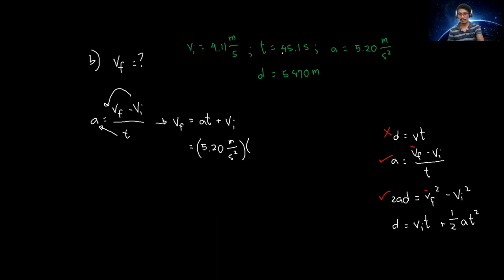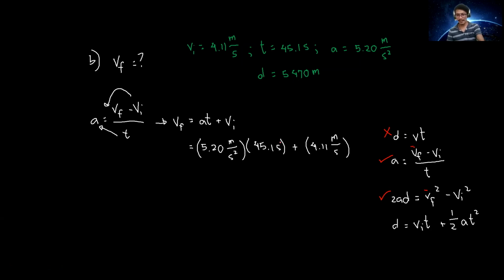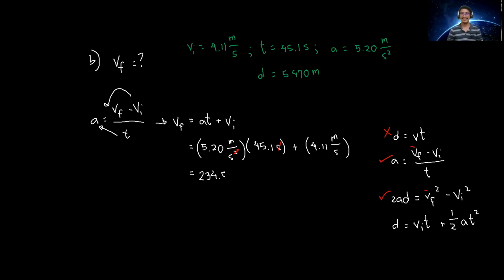what is our time? The time is 45.1 seconds, plus what is our initial velocity? Our initial velocity is 4.11 meters per second. Okay? So we are going to cancel the units. May seconds sa taas, cancel seconds, and then there is also 2 seconds. Dalawa man ang seconds, so ang isa lang ma-cancel. So what is the answer for this part? 5.20 times 45.1 is 234.52 meters per second, plus